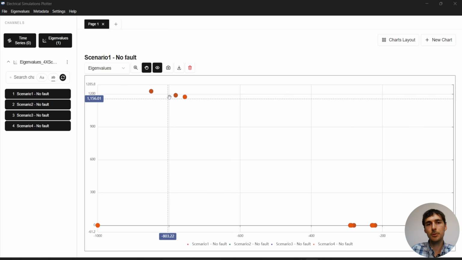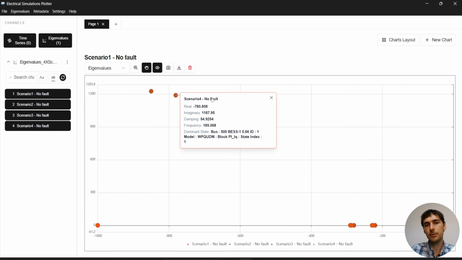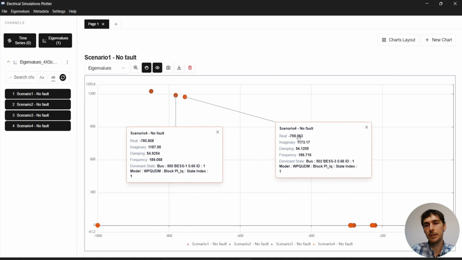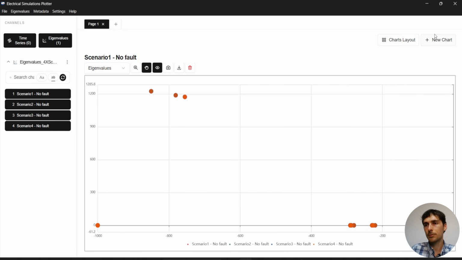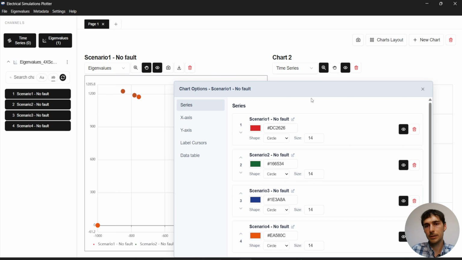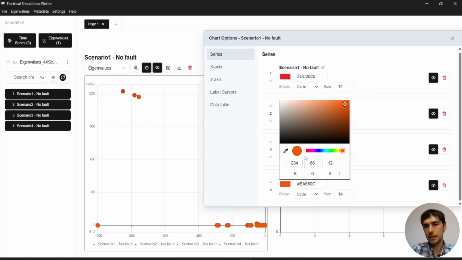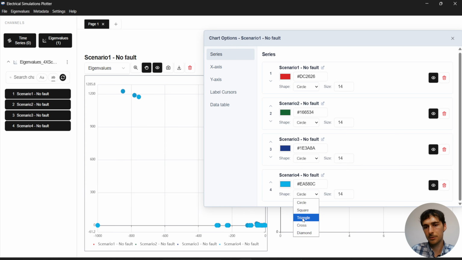In this new type of Eigenvalues chart, you can click on a pole and see all the information we get from SSAT, such as the real and imaginary parts, the damping, frequency, and the dominant state of the pole. Also, we can change the way these series are displayed. For instance, we can change the color of this fourth series, and the circle, change it to a triangle and